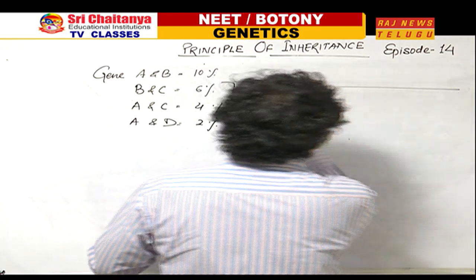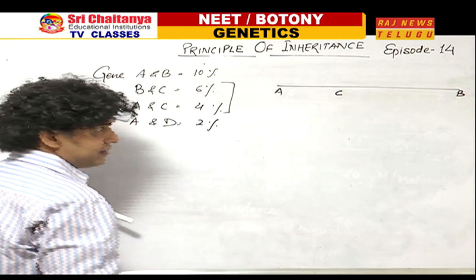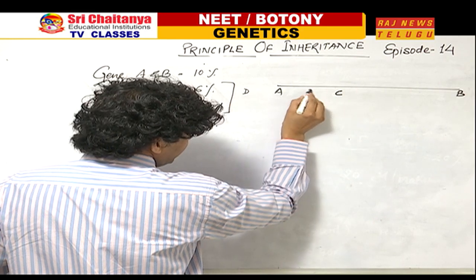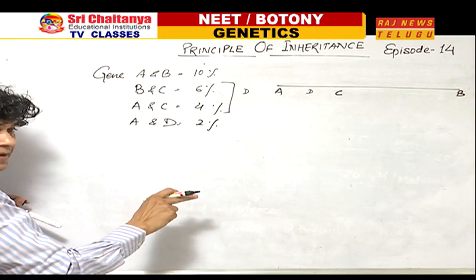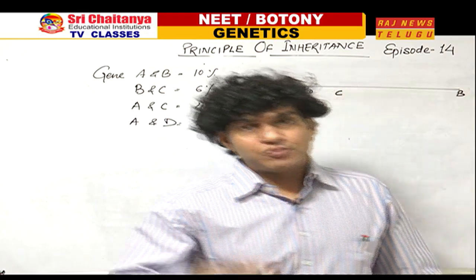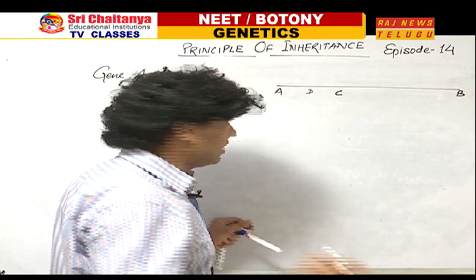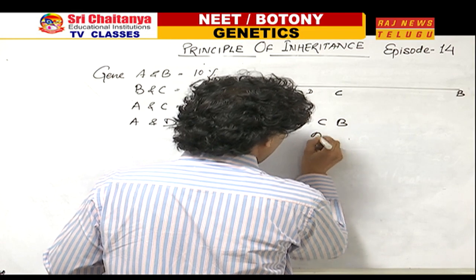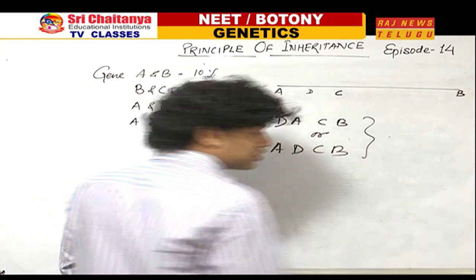Means if I draw the diagram A, B and this is the C, like the earlier question. Now the position of gene D can be here or it can be here also, because distance of the D gene is given with respect to only A. So with respect to the A, it may be towards the left side or it may be towards the right side. It means in this question there are 2 answers possible. The sequence of the gene can be D, A, C, B, or it can be A, D, C, B. These are the 2 answers for this question.